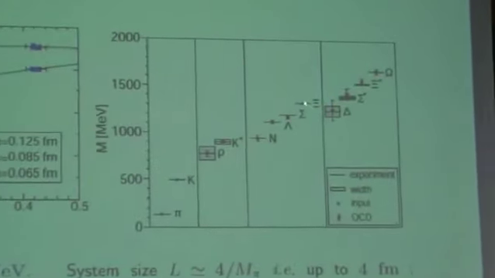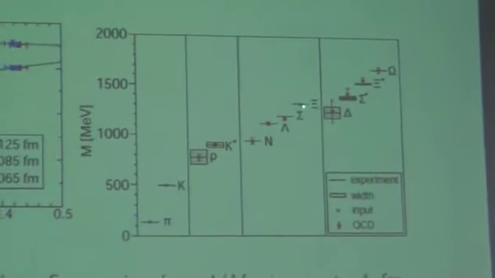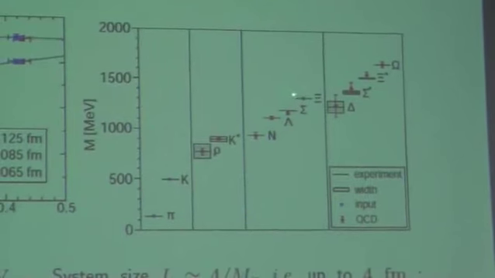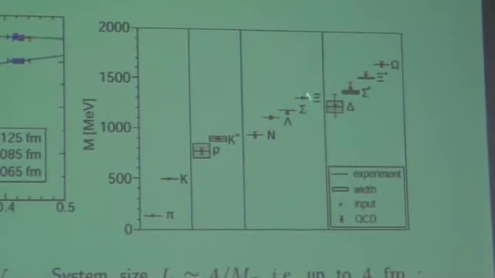Again, we have this psi here. This is used to set the scale. So this is measured, and then taking the phenomenological value, this is converted to set the scale in MeV, because we only have lattice units to start with. And then we adjust the up-down quark masses. They are assumed to be the same here to get the pion mass right. And then we have the strange quark mass, which is adjusted to get the kaon mass right. So these three terms are input, but then all the rest is measured and compared here with